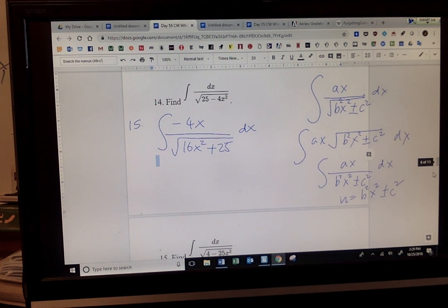Okay. I'm going to try to confuse you. I want you to resist being confused. This guy is either a sine inverse problem or a tan inverse problem. Why is this not a tan inverse problem? This is a radical. Why is this not a sine inverse problem? There's a plus sign. Okay, I want to make sure you understand.